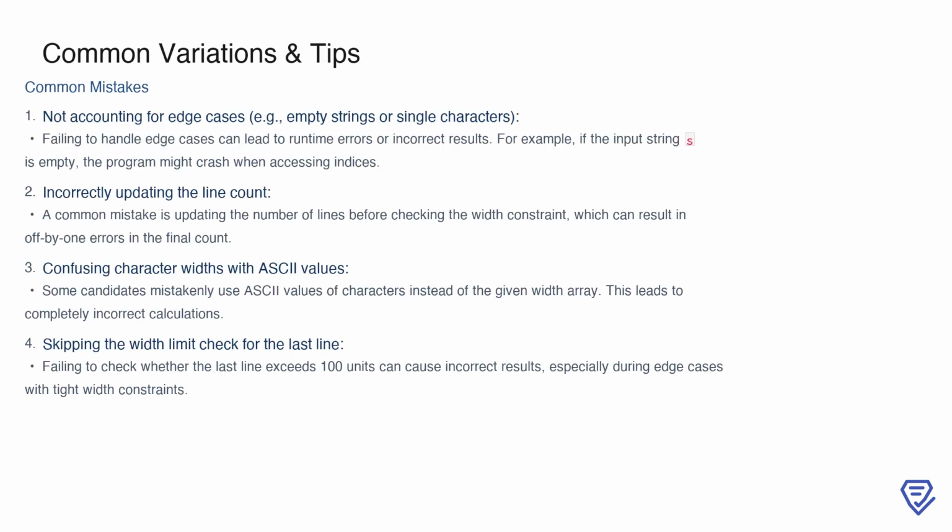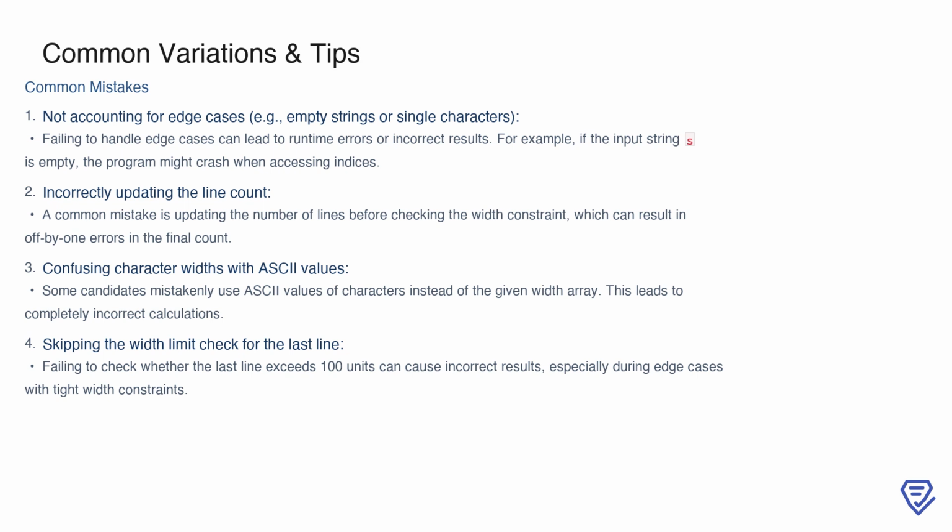When solving this problem, there are several common mistakes to watch out for. First, not accounting for edge cases, such as when the input string is empty or contains only a single character, can cause runtime errors or incorrect results. For example, an empty string might lead to accessing invalid indices if not handled properly. Another frequent issue is incorrectly updating the line count. Some solutions increment the number of lines before confirming that the width constraint has been exceeded, leading to off-by-one errors